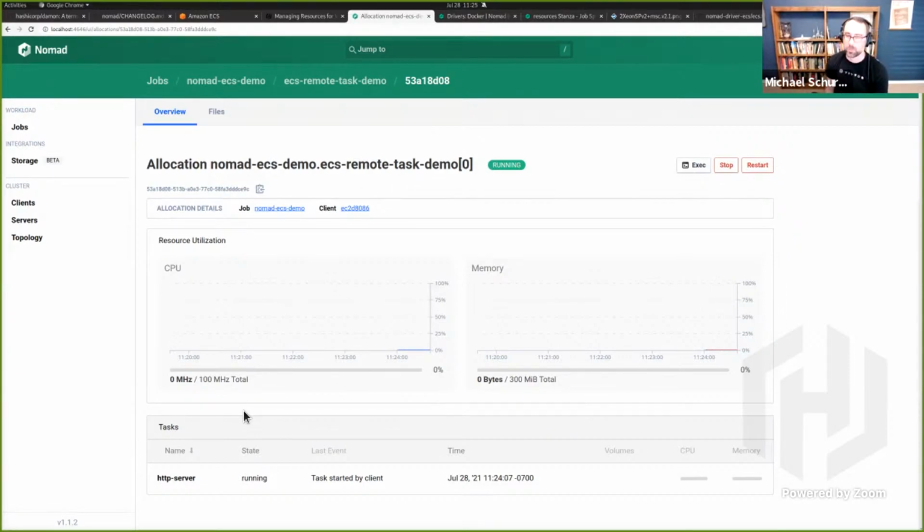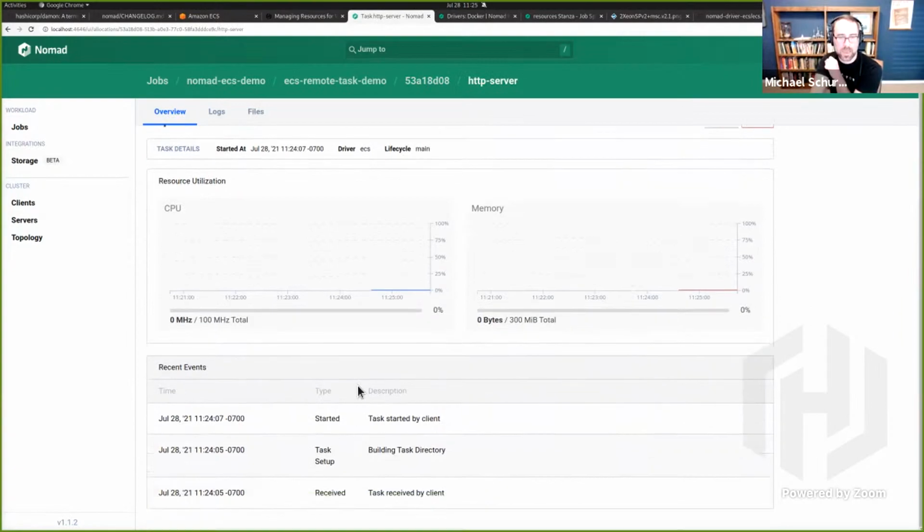There are quite a few features that are different in this remote task driver world. Probably the most obvious ones are things like artifacts and templates. Those run locally on the agent. They do not run remotely in the ECS container. So that's pretty awkward. It means a lot of those built-in features that you're used to may not just work out of the box. And that's why we have this experimental label on this whole thing, so we can explore this problem space, let people play around and see what solutions we can come up with.